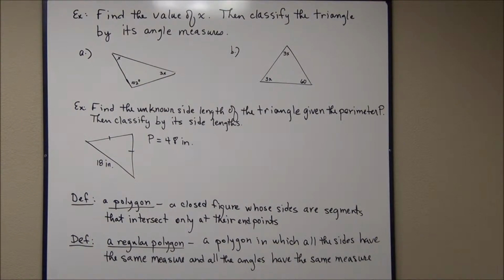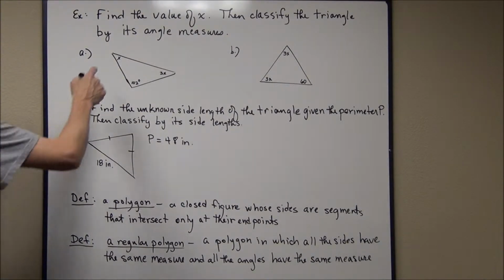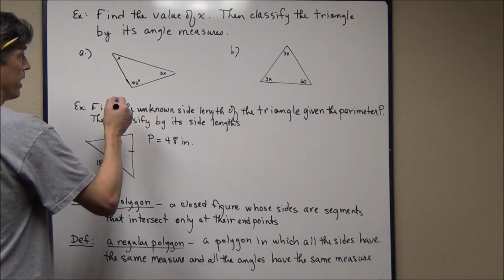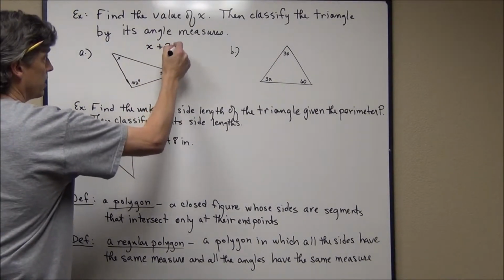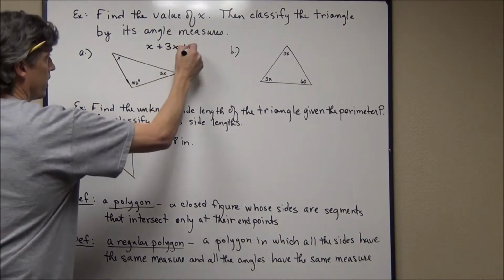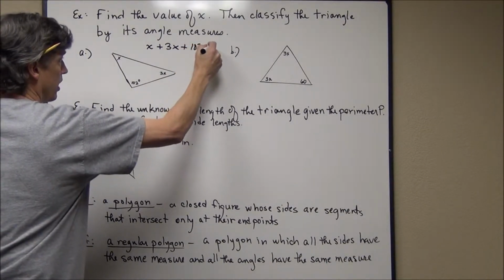Okay, now we're going to work some problems where we have triangles and we have measures of some of the angles but not all of them. We're going to find the value of x and then classify the triangles by their angle measures. Again, we know that all three angles have to add up to 180. So I'm going to have x plus 3x plus 102 is equal to 180